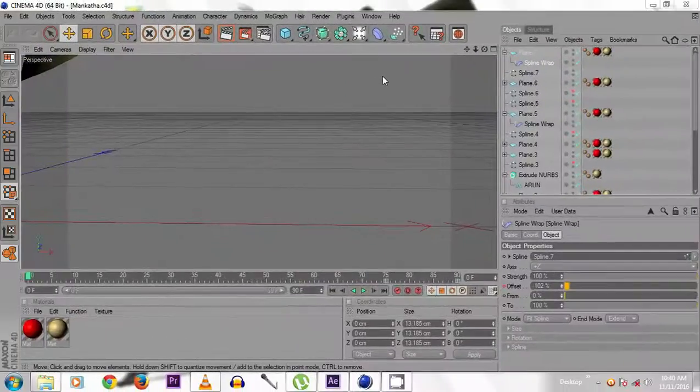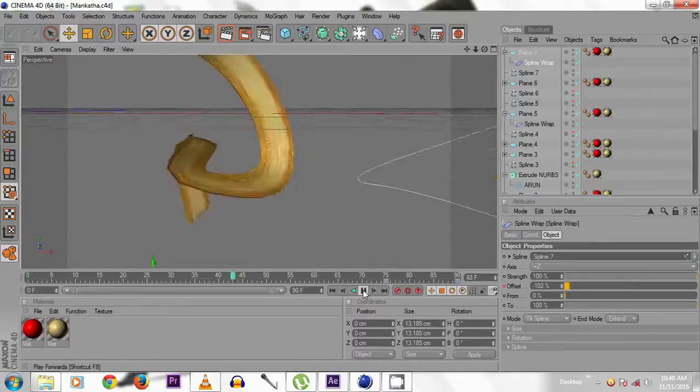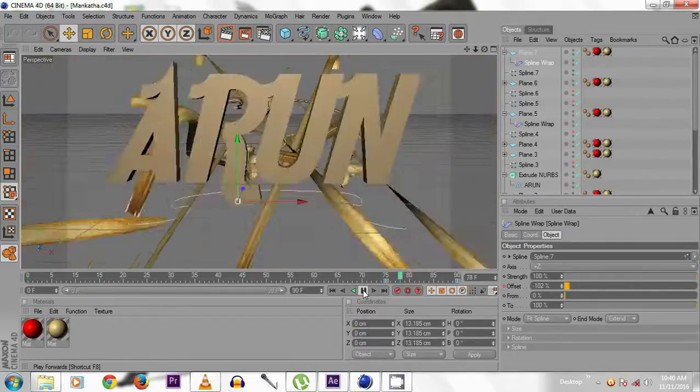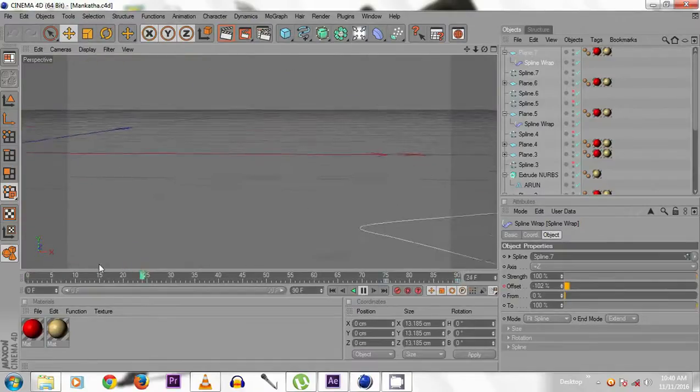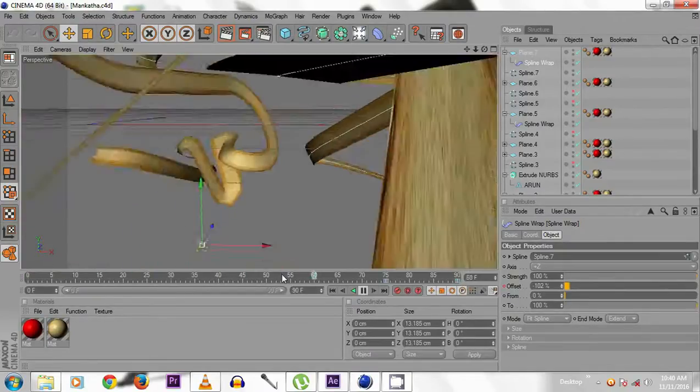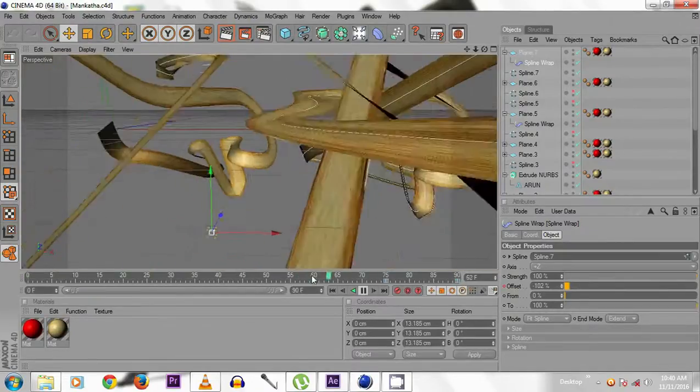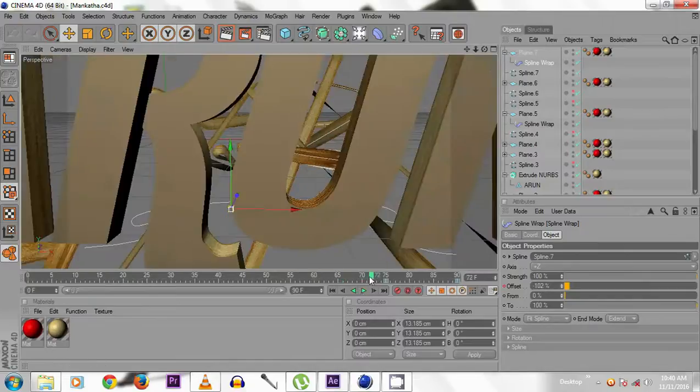Now this is the Cinema 4D interface. This is the animation I already did. Let's play it. This is the animation, I was inspired by the Tamil movie Mankatha.